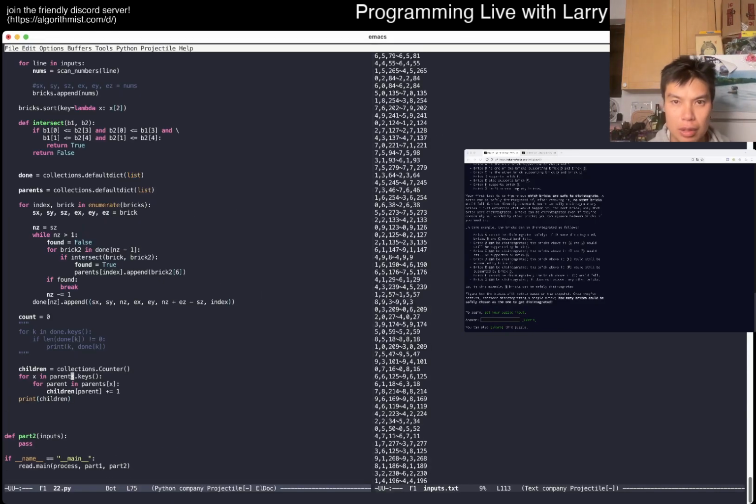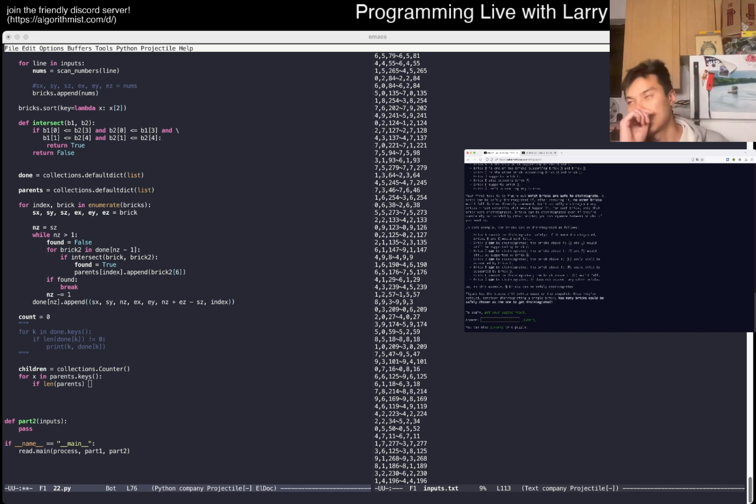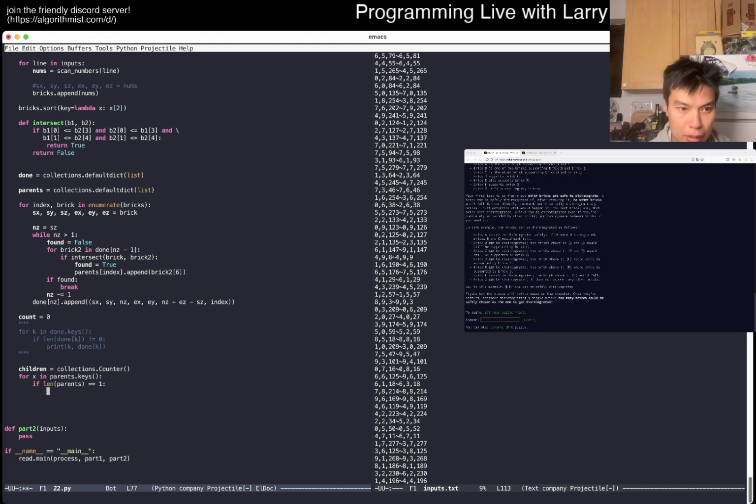No, this isn't right. Can I remove this as if? Okay, so no, this isn't right. So it's not just that, because, no, it's just that. If it only has one parent, then